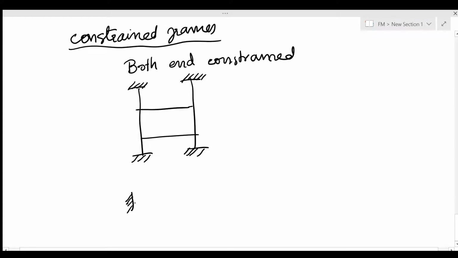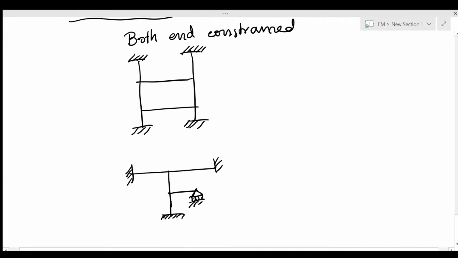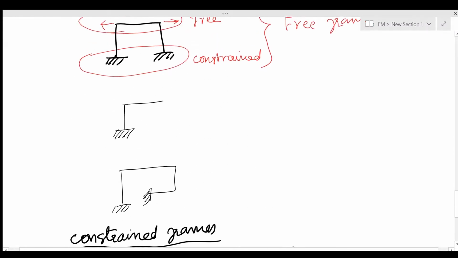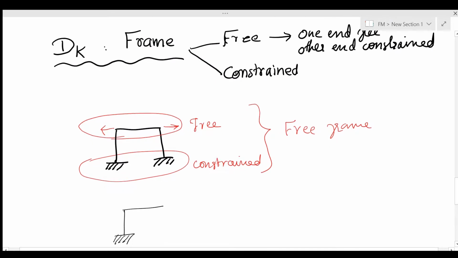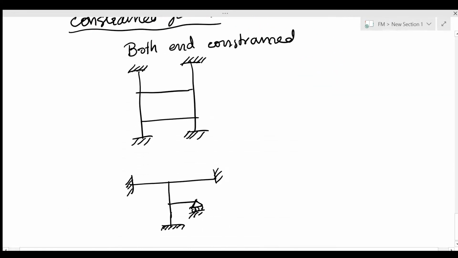Or this kind of frame can be like this also. See, all the ends are constrained. So these types of frames are known as constrained frames. So while calculating the degree of freedom of this frame, we have